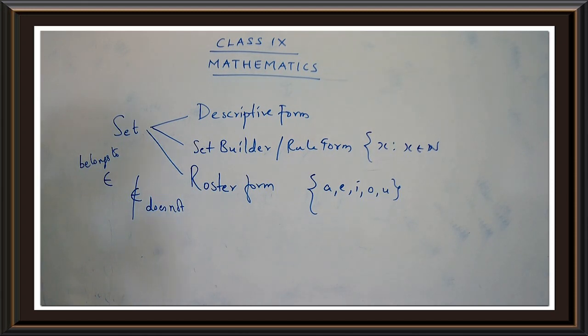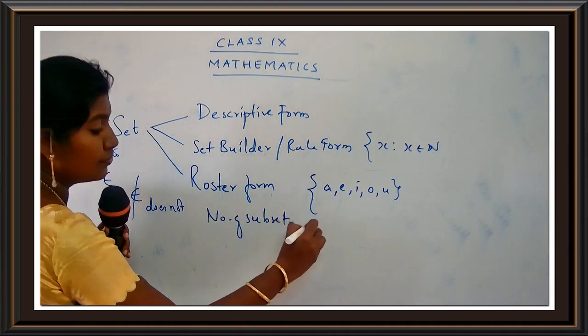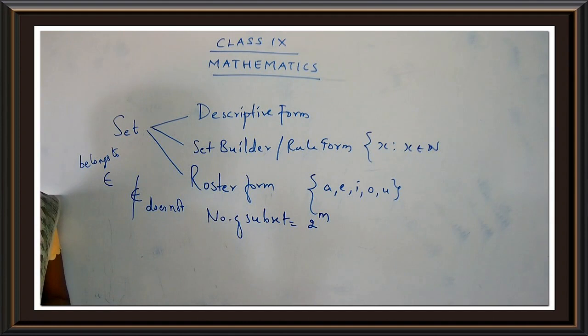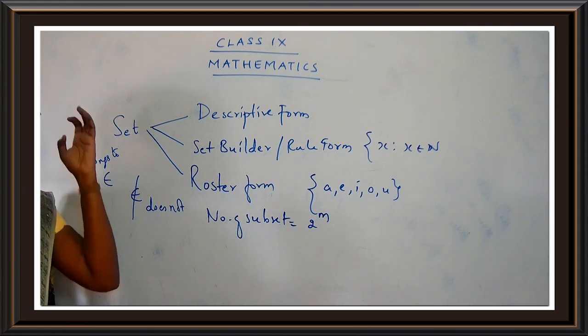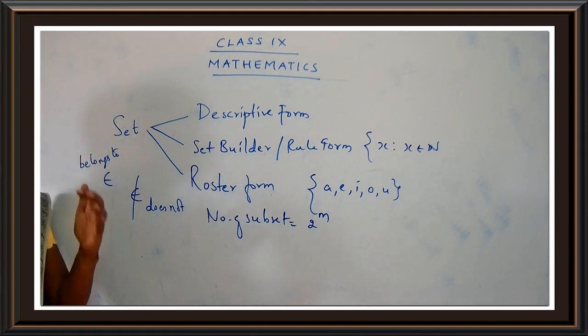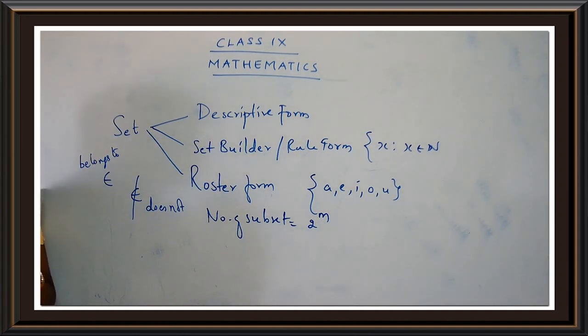What is the formula for number of subsets? How are you going to find this? The formula is 2 raised to m. What is the formula? 2 raised to m. This is the formula for number of subsets. These are the sums that we have already done in our classwork. This is just a small recap for you. We have to just recollect whatever we have done in our previous classes for our lesson 1. So how to find out the number of subsets? The number of subsets is equal to 2 raised to m.